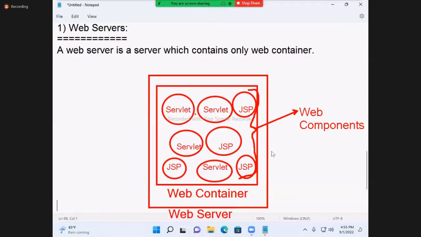Web server is one software which contains one web container that contains components. So to run a servlet program, the web container is required, and that is available in the web server.